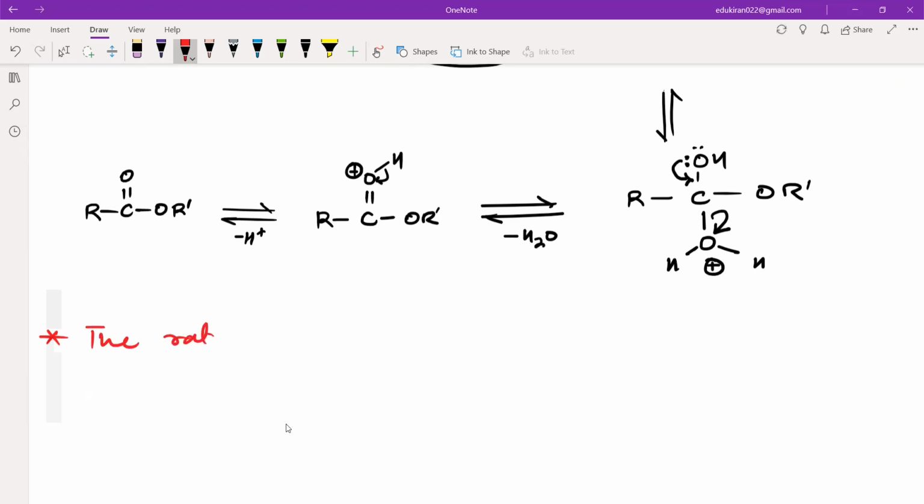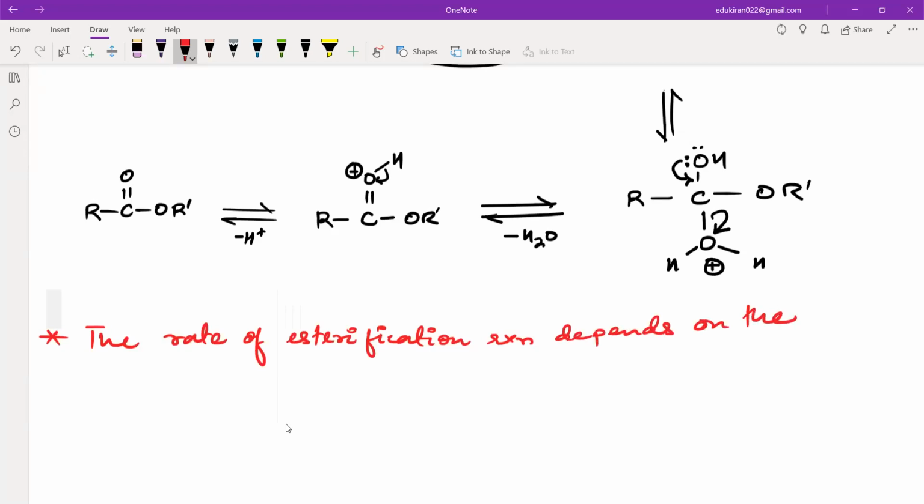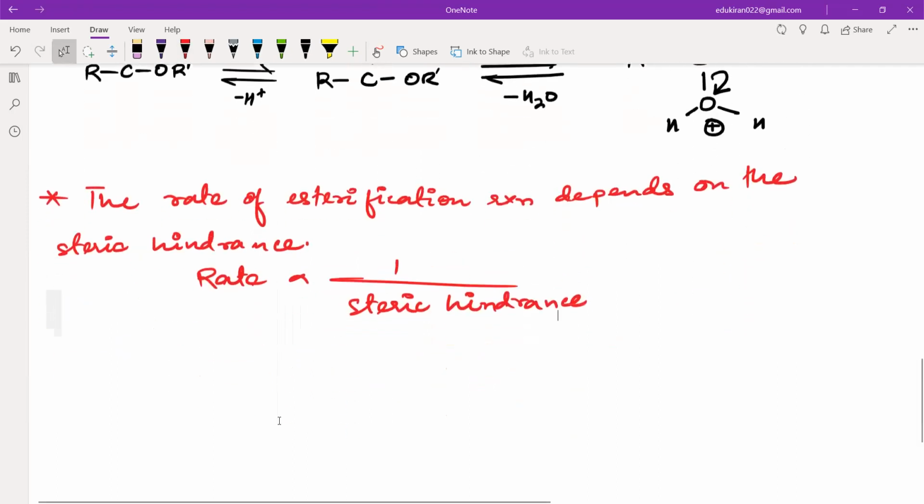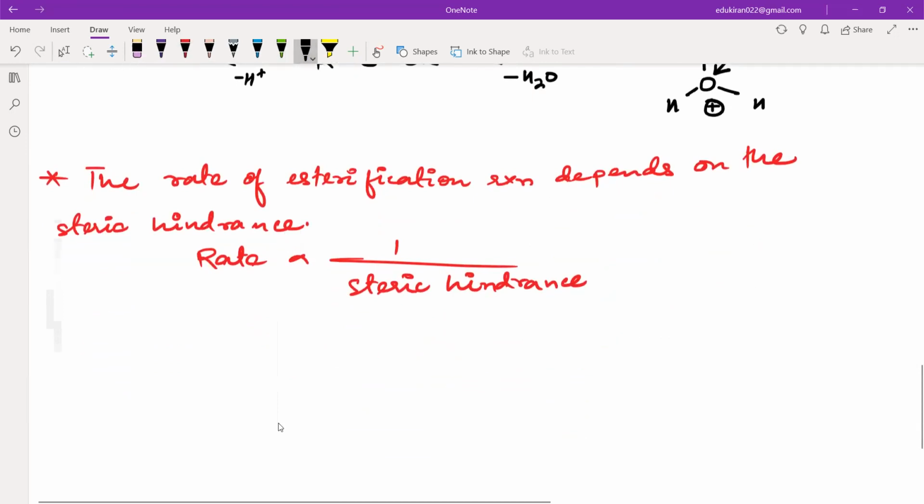The rate of esterification reaction depends on the steric hindrance. And what is rate? Rate is inversely proportional to steric hindrance. And hence, if I compare alcohols and carboxylic acids,